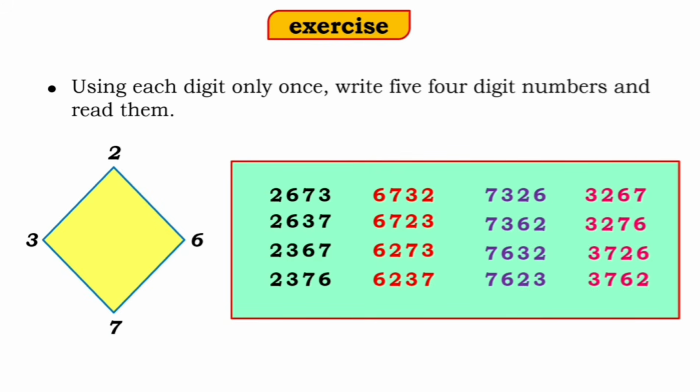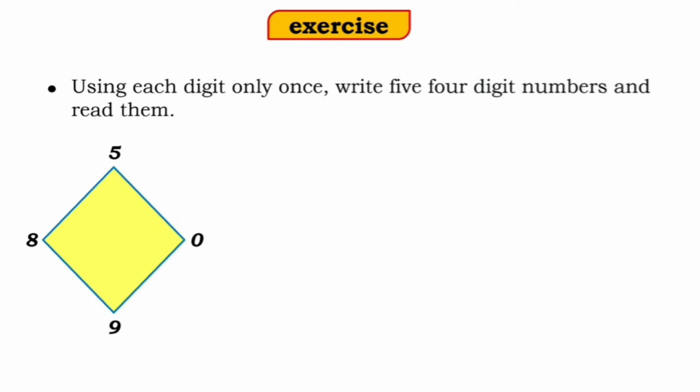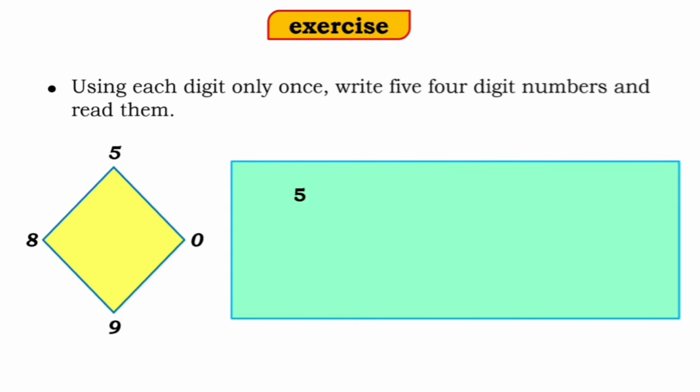That's amazing! Now let us form more numbers using other digits. So here the given digits are 5, 0, 9 and 8. So let us form 4-digit numbers. First we will take 5 in the thousands place. So the number will be 5, 0, 9, 8. That is